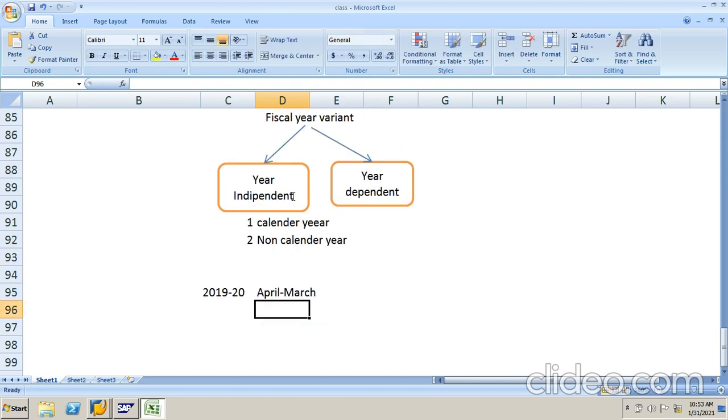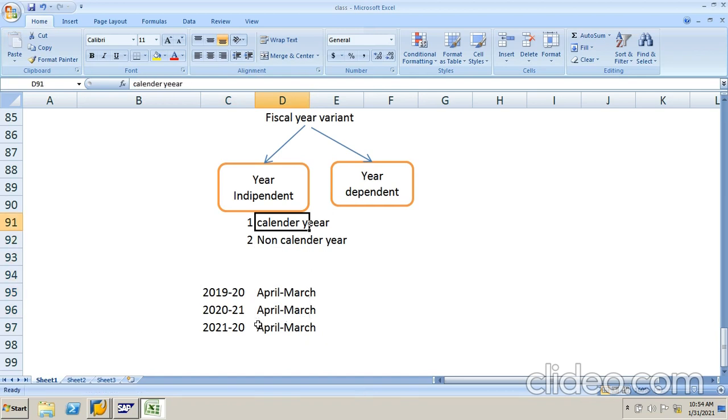Year independent means the posting periods remain common for all years. For 2020 to 21 also these posting periods are the same. 2021 to 22 also the same. This is called year independent. All posting periods remain the same for all years.